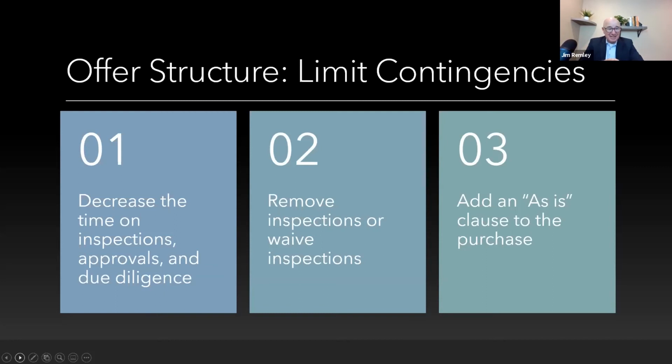Now, that's a dangerous statement, okay? It is dangerous, and you certainly want to talk to your broker. You certainly want to talk to your buyers about the risk reward of that. But if we go back in time to 2008 and 2009 and 10, where half the sales in our country were REO sales, when you signed a contract with an REO bank,